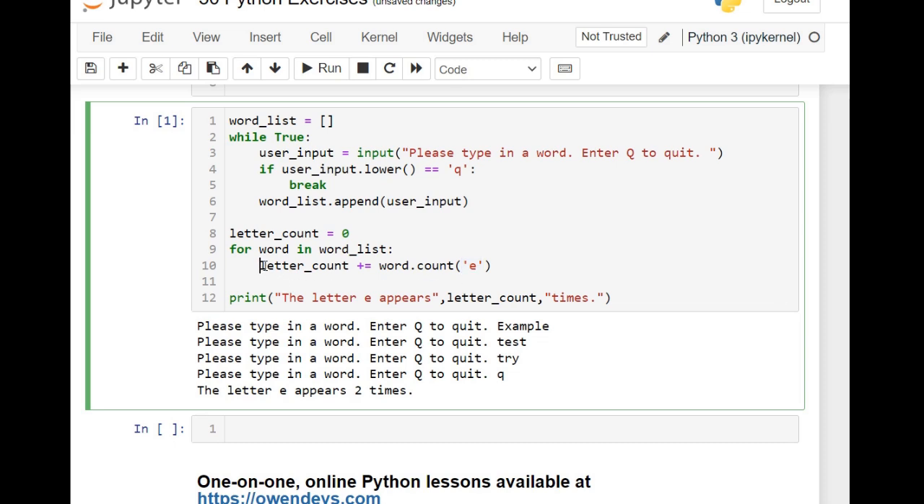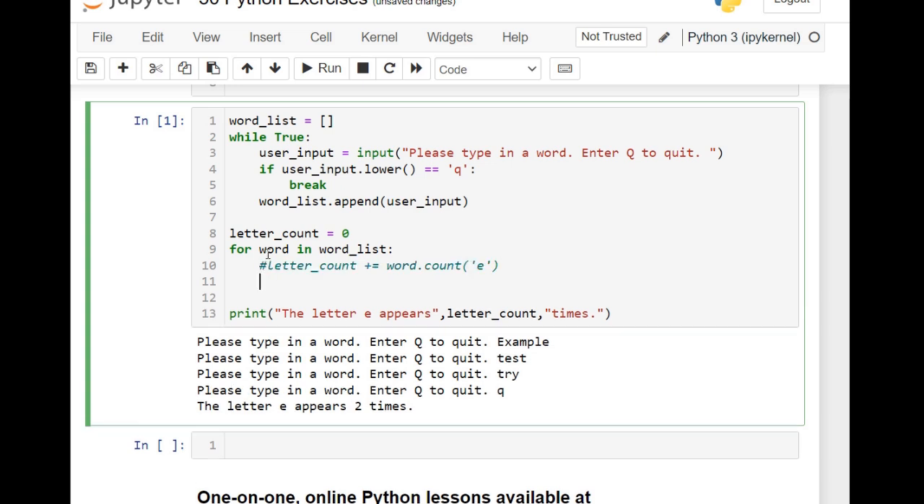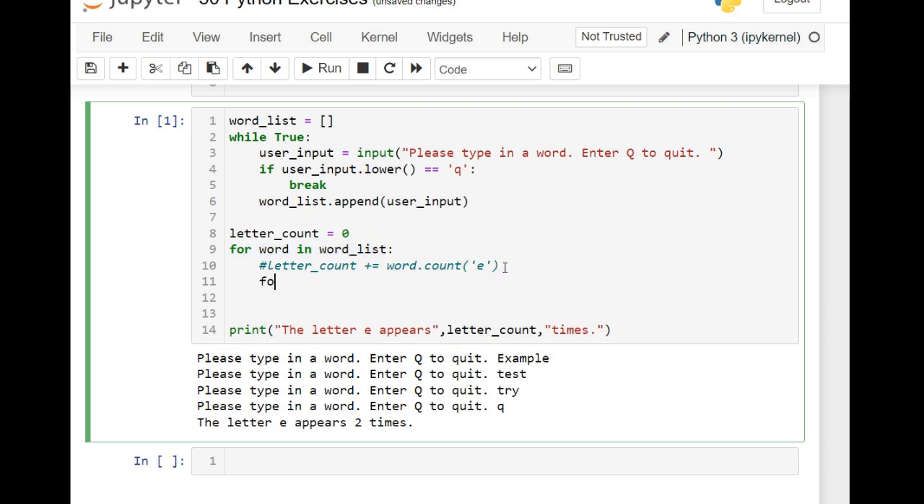But if we were to use a nested loop, we can disable this line, and line 9 here loops through each word in word list. Then now we can have a nested loop to loop through each letter within each word. So for letter in word,